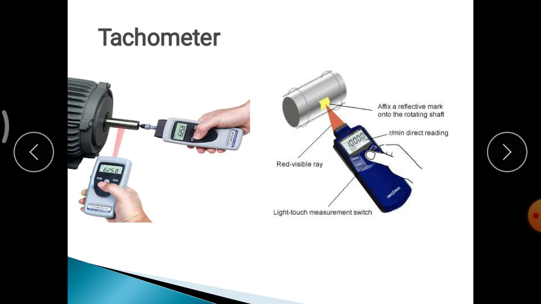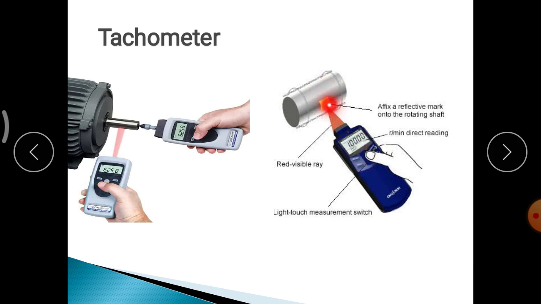You have to make some point contact with the rotating shaft, that is the contact type. If light is made to fall on the rotating shaft, then it is called the non-contact type. See the next diagram, it is a non-contact type tachometer. Light rays are made to fall on the rotating shaft, where one mark is compulsory. The light source is sent by the tachometer, reflected back, and detected by a photo sensor.